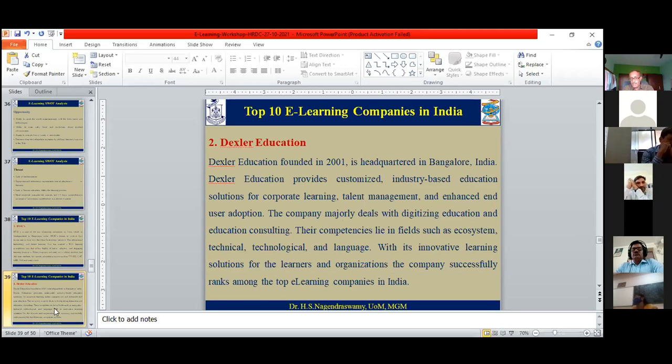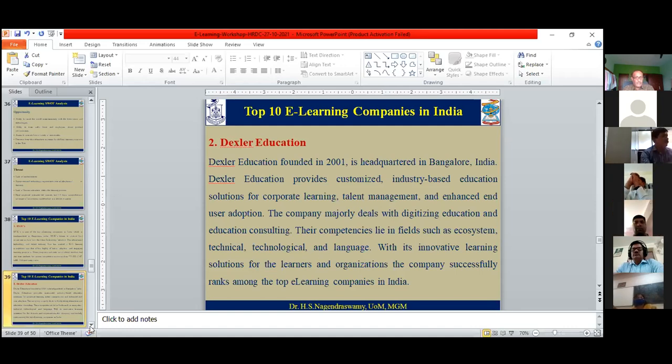talent management, and enhanced end user adoption. The company majorly deals with digitizing education and education consulting. Their competencies lie in fields such as ecosystem, technological and language. With its innovative learning solutions for the learners and organizations, the company successfully ranks among the top e-learning companies in